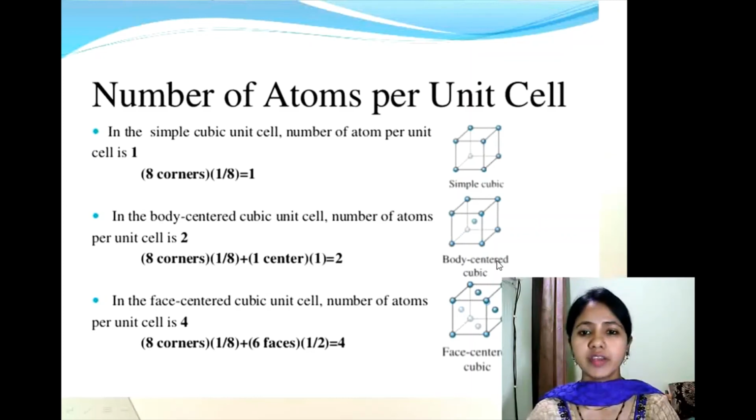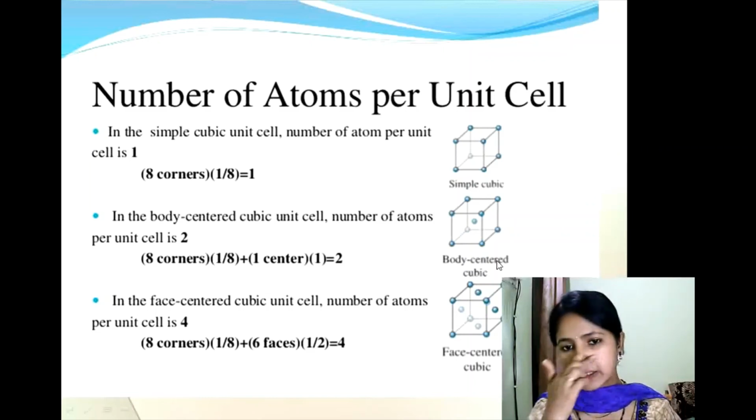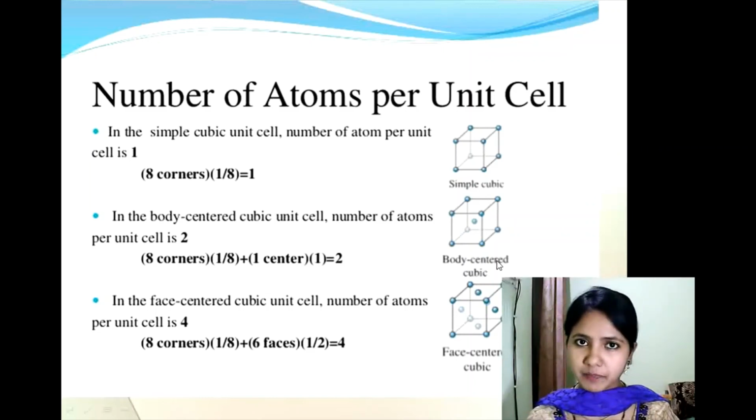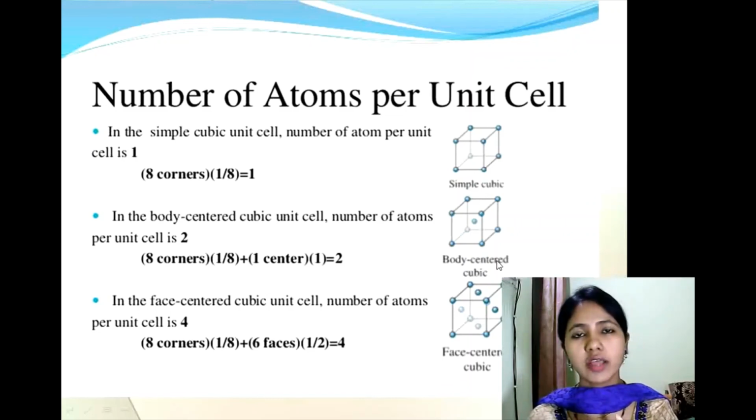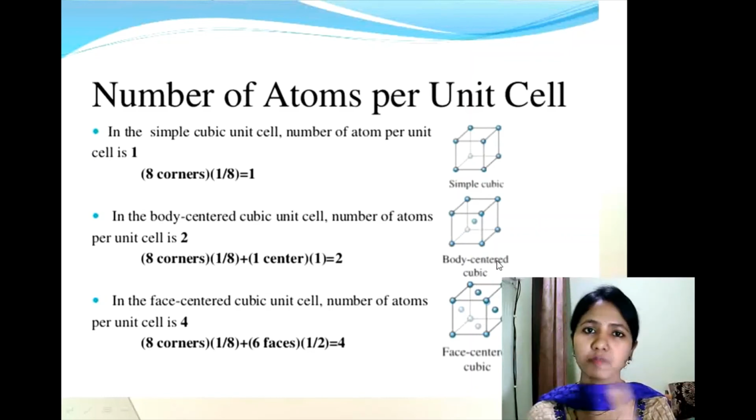Now what we have learned today, just have a look. First we have discussed the crystal lattice and unit cells. Crystal lattice is nothing but the arrangement of points, or the atoms, molecules, ions in a 3-dimensional space, to give a definite geometry to a crystal. This is called crystal lattice. Lattice point we have discussed. The second one we have discussed is the unit cell. Unit cell is the smallest portion of a crystal lattice, which repeats itself again and again to make the entire crystal structure.